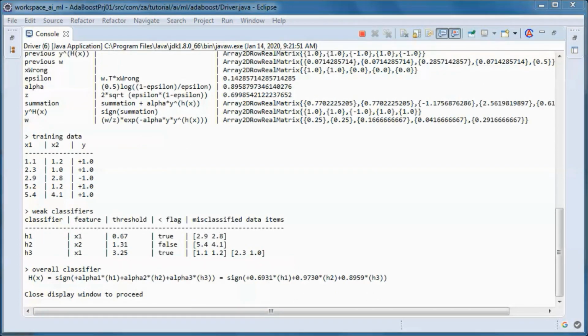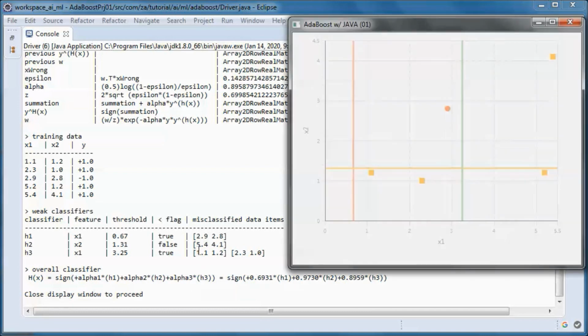And H1 misclassifies this point. So this is H1, and H2 misclassifies this point. And H3, so this one, misclassifies those 2 points.